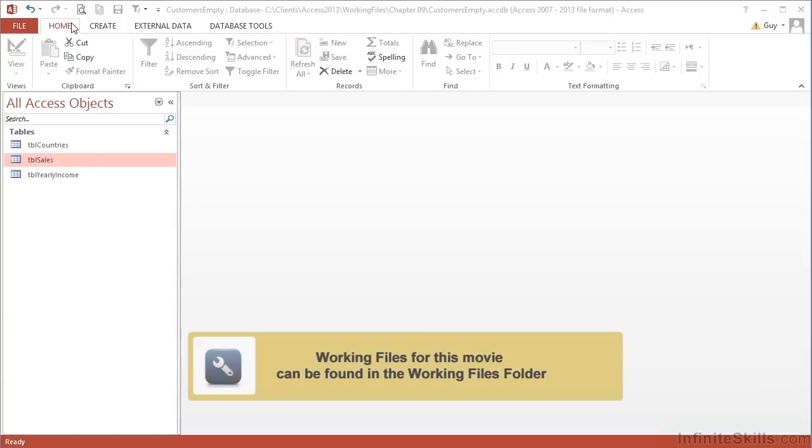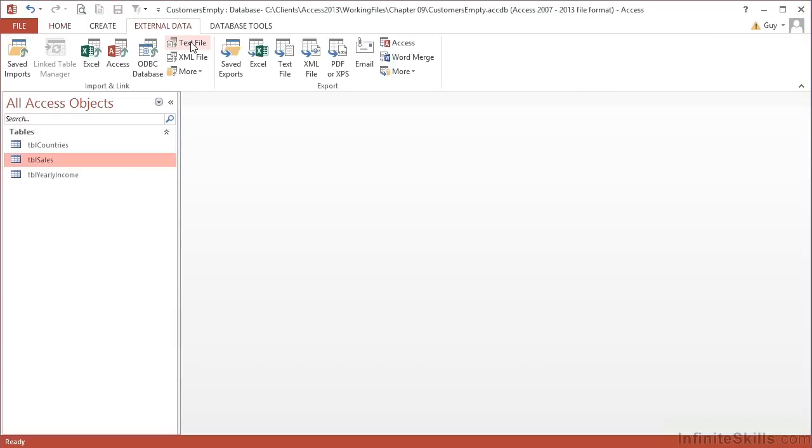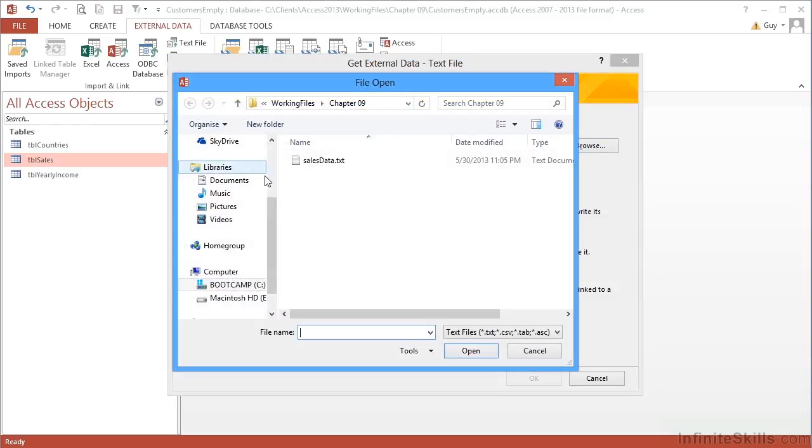Our final look at importing data is to look at importing data into our Access database from a plain, straightforward TXT file. Effectively, the process is the same. We go to External Data, Text File. We then need to browse for the correct text file, and there's my text file. It's in your working folder,